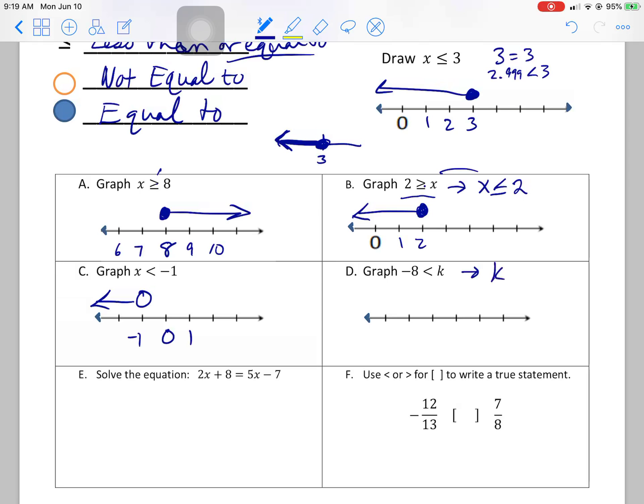The k is the variable, right? The letter that represents different things, different numbers. It's open to the k, so we want to write this like this. So -8, put that on the scale,